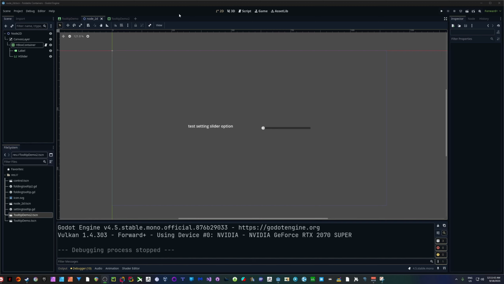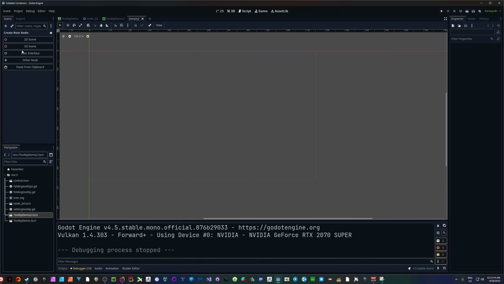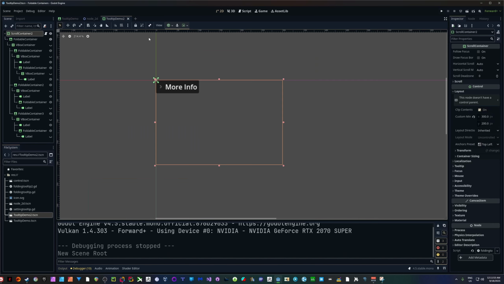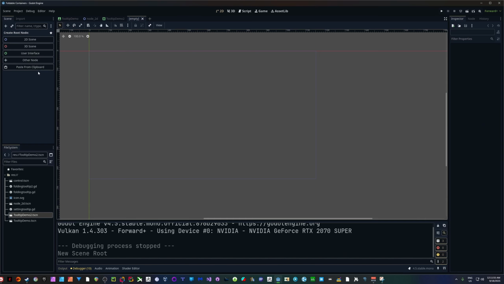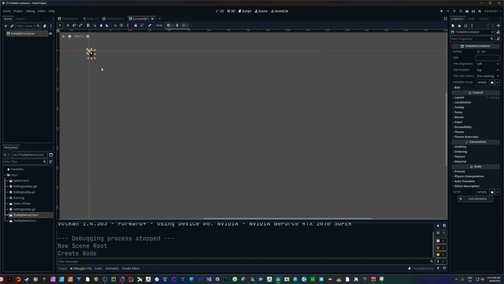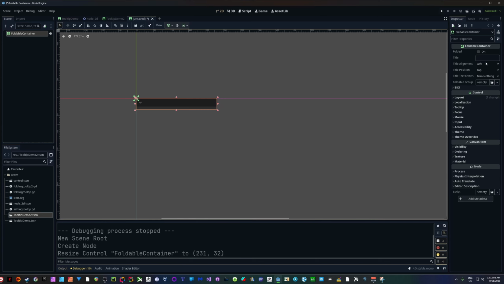Alright, so I'm going to go ahead and create a new scene. I'll go to the user interface, that's a control. You know what, no, I'll delete that. I'll say don't save. I'll open this up, other node, and we'll do a foldable container. Alright, so we can say this is our foldable container. It looks like it, right? We'll give it a name. Say,